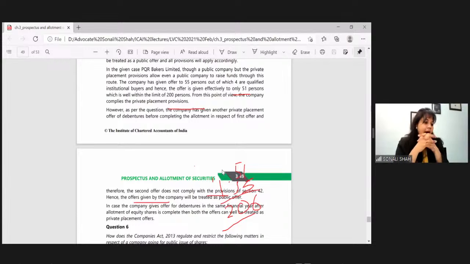How to identify the case-based question. In the case-based question, guys, what happens? There will be a lengthy question with certain facts. So there will be like Mr. A purchased this from Mr. B, so and so happened. And based on that, there will be questions. So there will be some MCQs followed by a detailed question. So this is like a case study based question that you get to see in your examination, right?